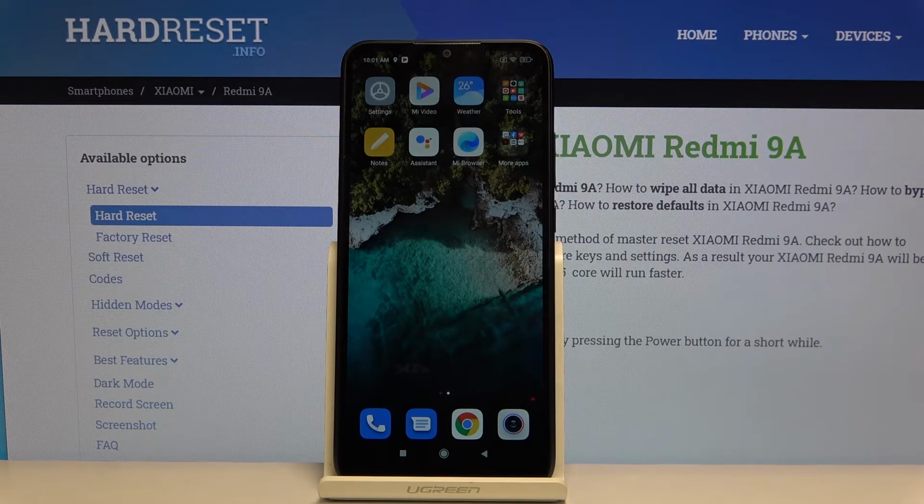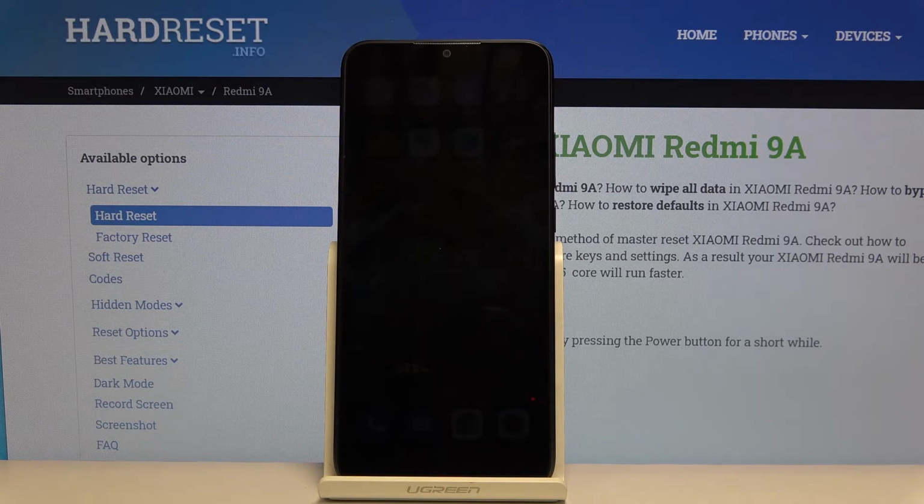So that's all. This is how you set the timeout in your Xiaomi Redmi 9A,